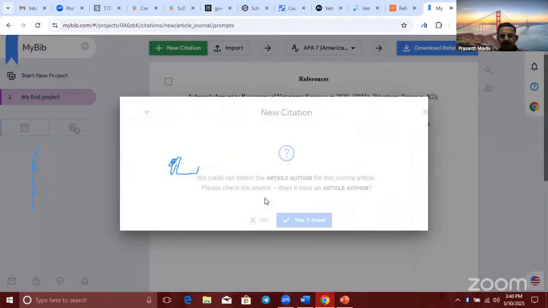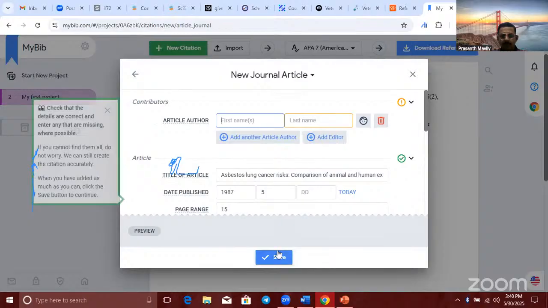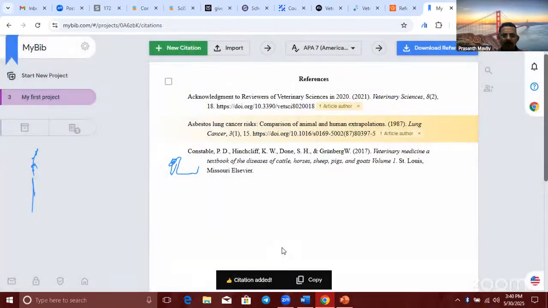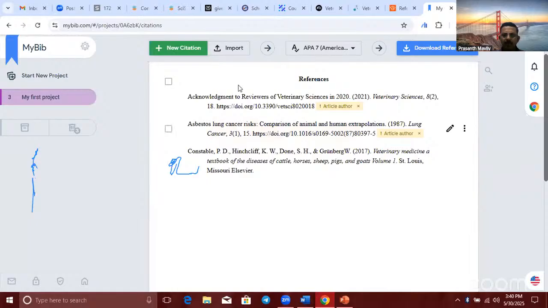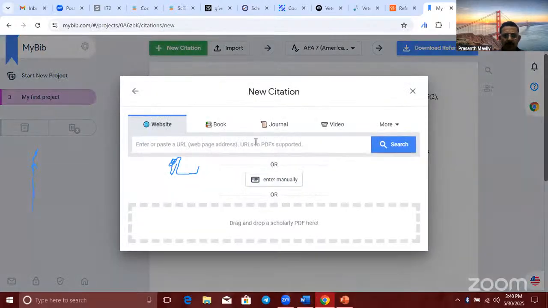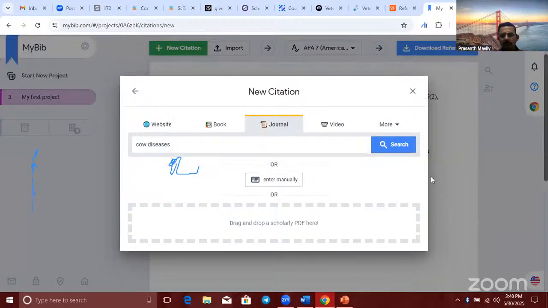So we don't need any reference manager. Easily we can copy the in-text citation also. From here also, we have added 3 sources. We will add one more, a journal article.